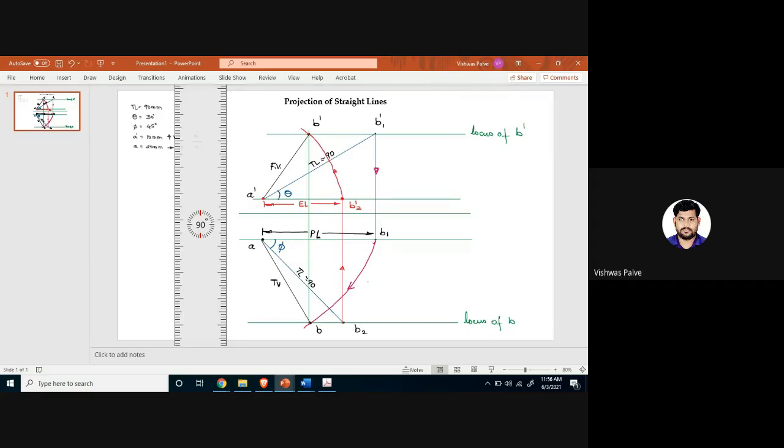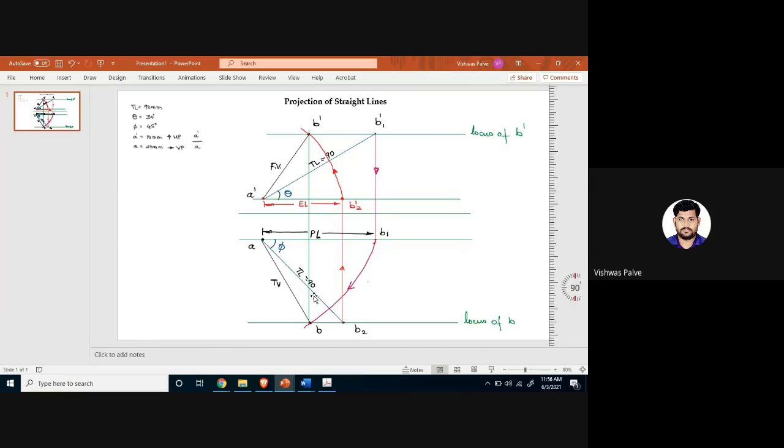Suppose I don't have this point B dash, and I have the true length in the top view, I can project it, get the elevation length, and rotate it. You will get the front view length. So once you have the true length in the top view and the true length in the front view, rotate it, and you will get the front view and top view. If I delete this line, I'll move this line to some location. I have moved it here. Still, you can solve the problem. But always keep in mind that A dash B dash will be in one single line, and B dash and B will be in one single line. Always both are in one single line.